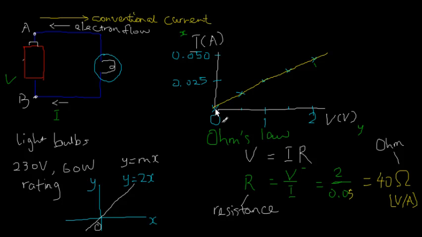I'm just measuring some currents to see what the graph looks like, and it also means that the light bulb would probably be at room temperature. Just a tiny bit of current flowing through it, 0.0-something of an ampere. So the light bulb wouldn't have heated up or lit up yet. So let's say in the beginning, the room temperature in this experiment was about 25 degrees Celsius, and that's the kind of graph that I get. Now, the thing